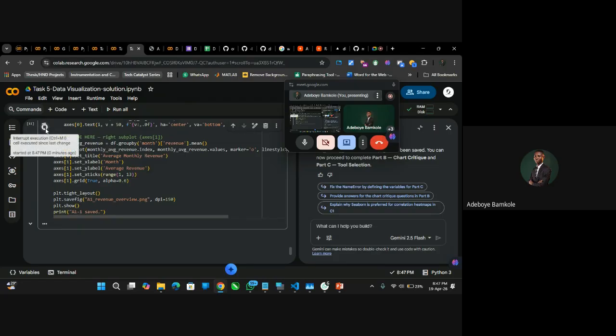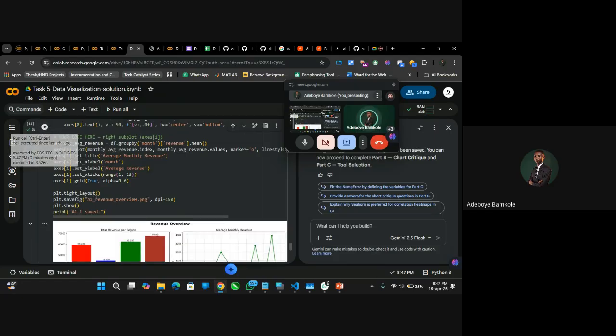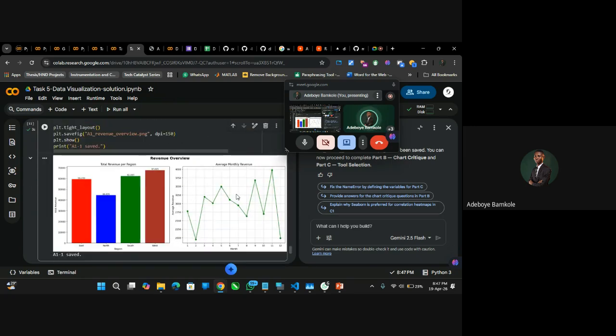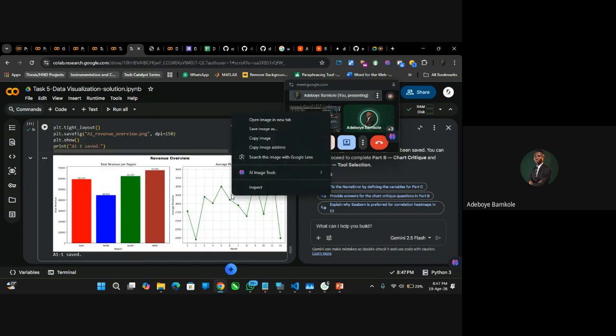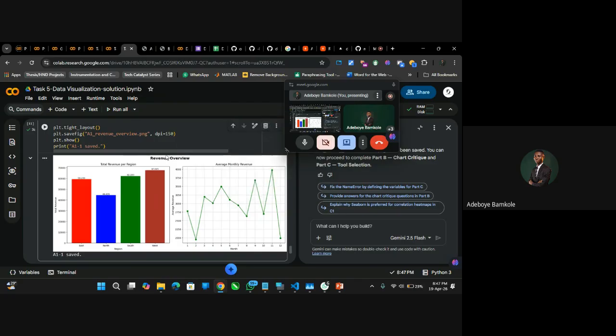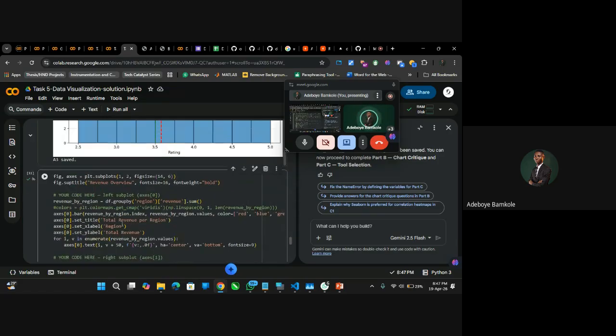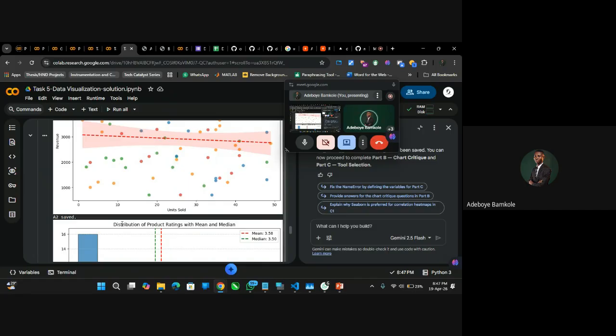So it's trying to run. You can see that I removed some things here and it's still working. You can see I changed this one to green. Let me open it in another tab. And this one I gave it a color, but the color I gave it is not really that fine, but I defined it my own. You see that I simplified this and I still got the same result. So it depends on how